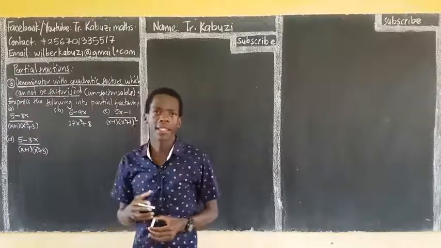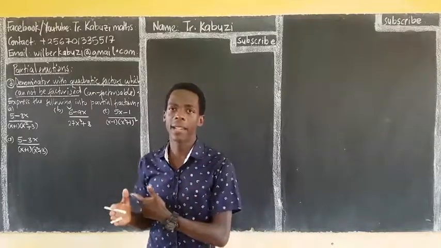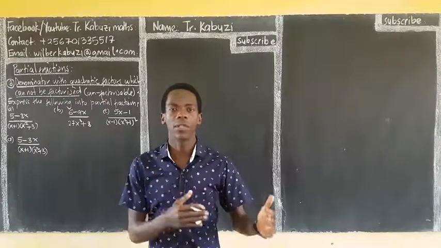Denominators with quadratic factors is what we are going to handle next. But please, these quadratic factors should be unfactorizable, because if they are factorizable, we saw that we can treat them